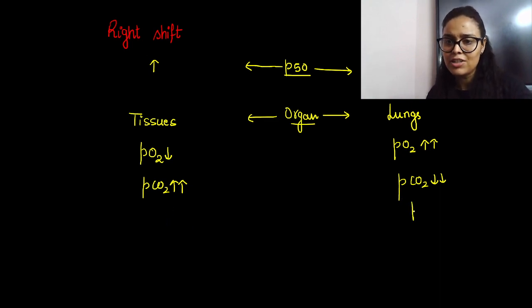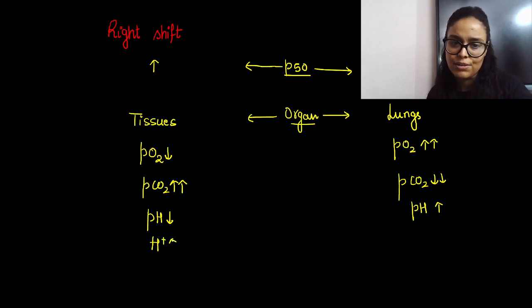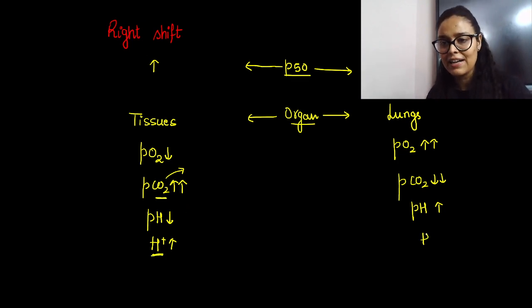And the pH of the lungs, beta, pH is basic, so that means they have a high pH value, whereas here the pH value is acidic, so hence they have a lower pH. That means they have more hydrogen ions, because CO2 is more in amount, and hence it forms more hydrogen ions. Why? Because we will see that CO2 is transported in the form of bicarbonate ion, and bicarbonate dissociates into hydrogen ion and bicarbonate ion, right? So hydrogen ion will increase when CO2 increases, but here hydrogen ion is less in comparison to the tissues.